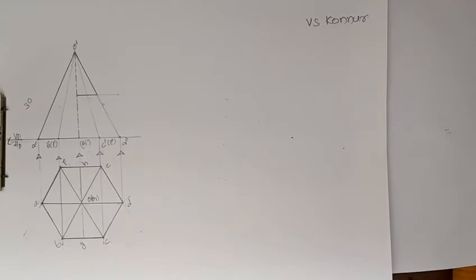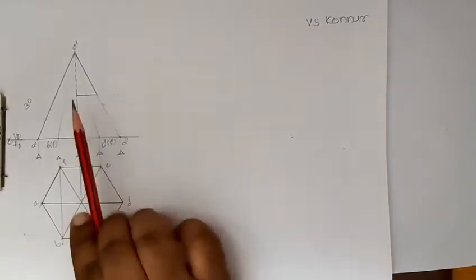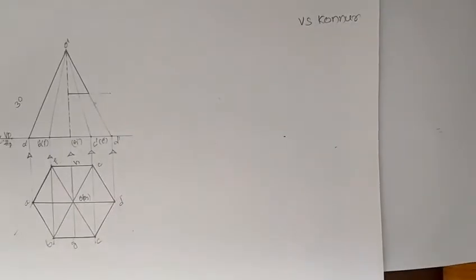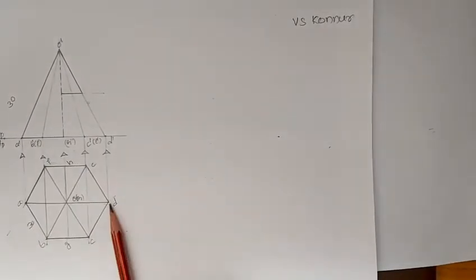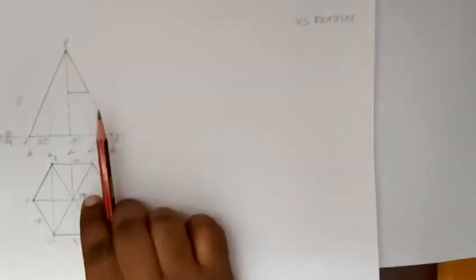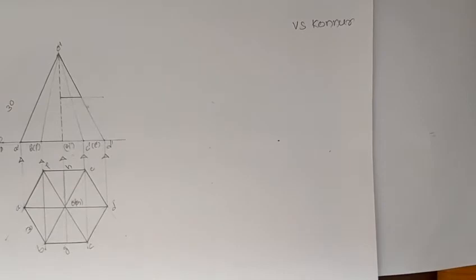And now we will start the numbering, then we will come to know this part will be removed, only this part will be removed from the pyramid, and it is resting on one of its corners and having edge 30 mm. It is resting on one of its corners, it is given in the problem, right? You can construct it. This is the development, this part will be removed from the development. Now I will start the numbering.